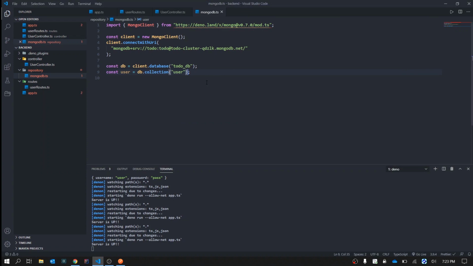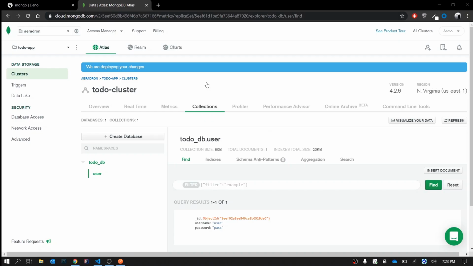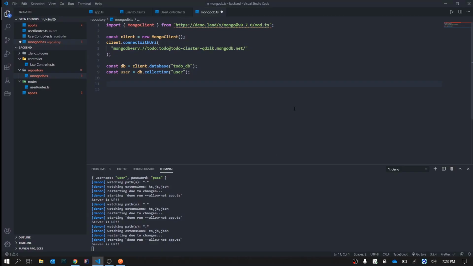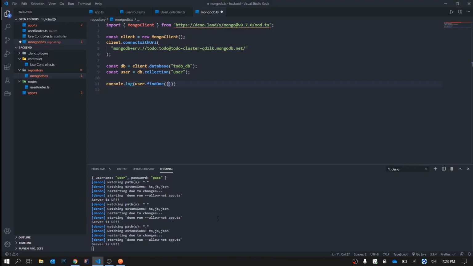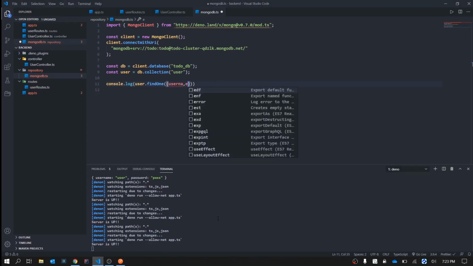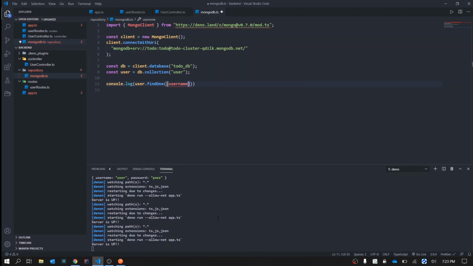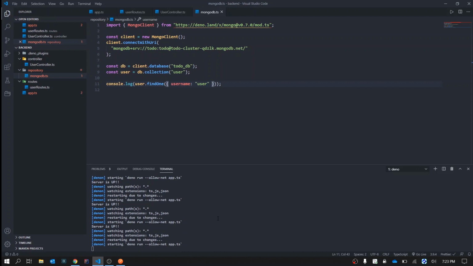Now let's try to get this user by username. What we can do is console.log user.findOne. We only want one document to be retrieved. So we'll say findOne and specify the JSON, username. If I can type, okay. So username is user. We'll save it.